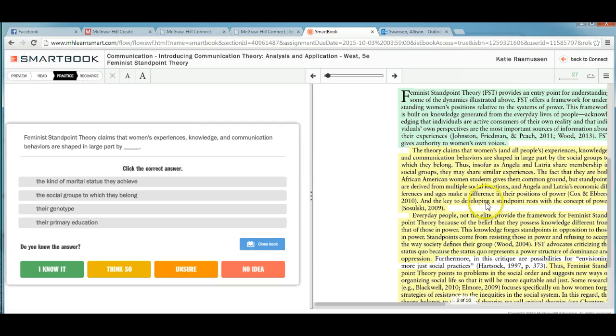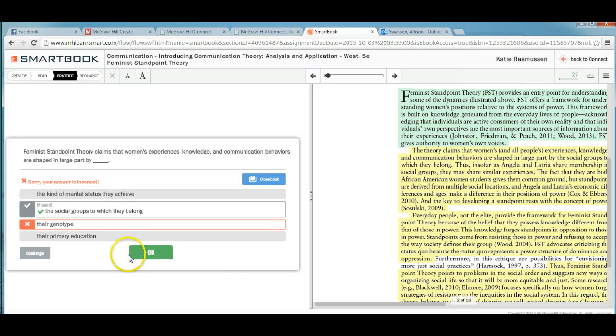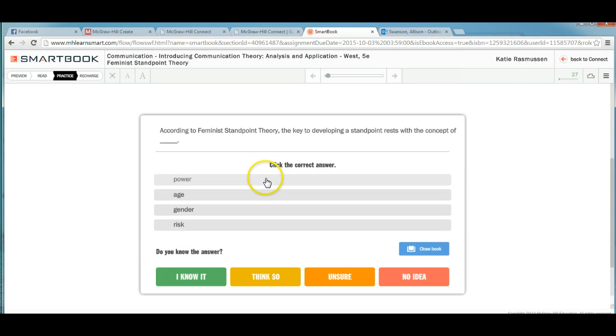But even this, the system is accounting that they needed help. So this will probably come back to them in another way. So these questions can come to the student in a lot of ways. Right now I'm getting multiple choice, but there's also fill in the blank, true, false, select between two. Sometimes there's matching questions. It does get more detailed as it gets to know the student, but what's cool about